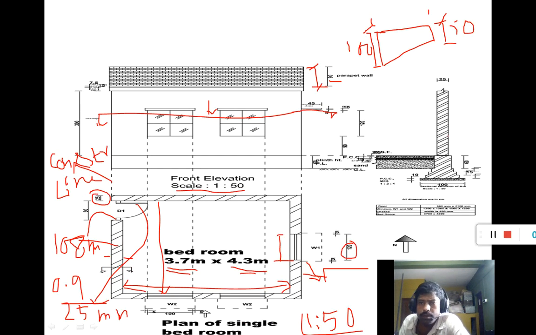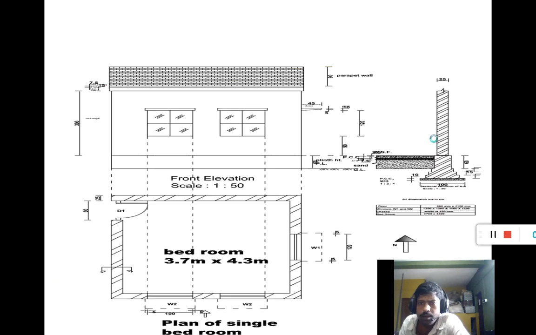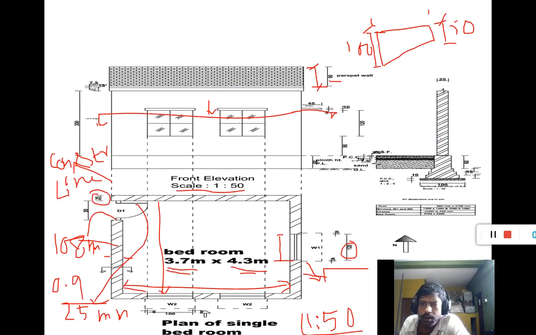So this is the load bearing wall type of structure. The wall is made by brick. Now this is called the footing height.